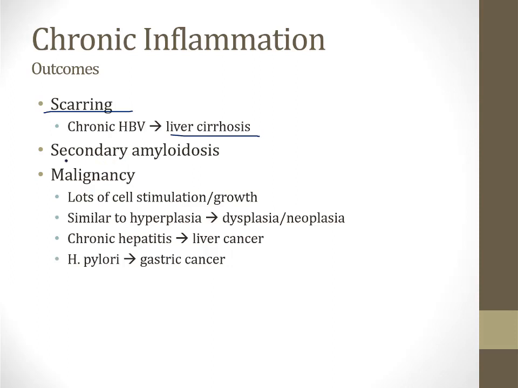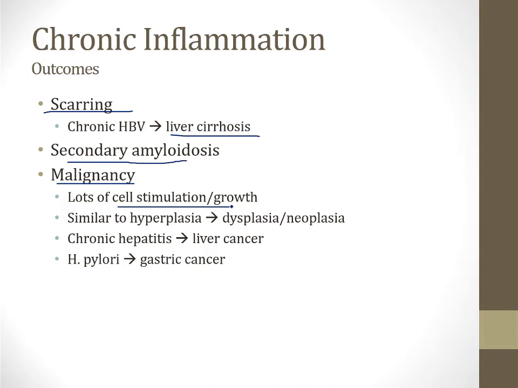Chronic inflammation can lead to secondary amyloidosis. I talk about amyloidosis in a video on its own in the hematology section, but any chronic inflammatory process can potentially produce proteins that form amyloid, and this can lead to the secondary forms of amyloidosis. And then finally, chronic inflammation is a risk factor for malignancy. Anywhere that chronic inflammation is going on, there's lots of cell stimulation and growth. And sometimes this can stimulate a cell to such a degree that it becomes overactive and begins replicating uncontrollably, and